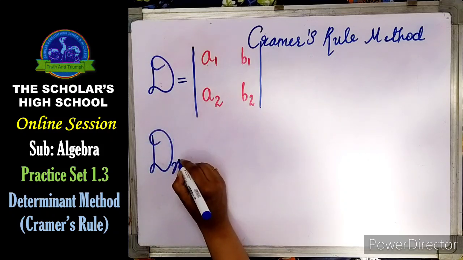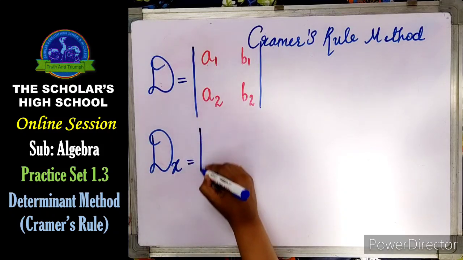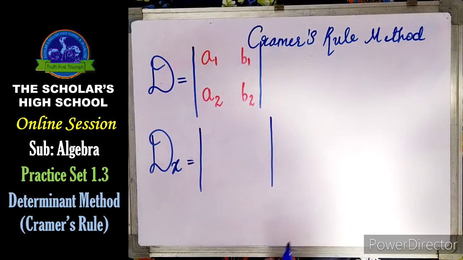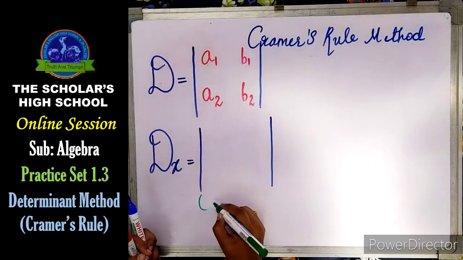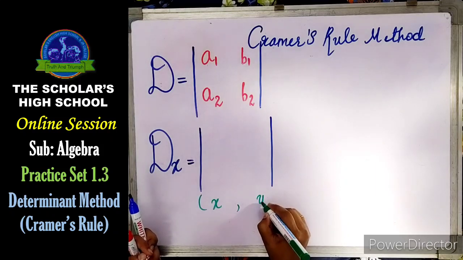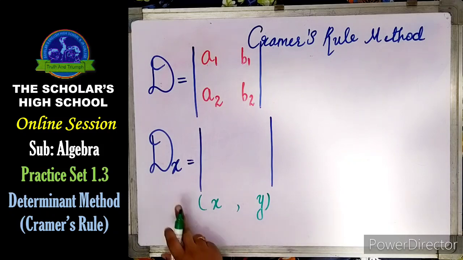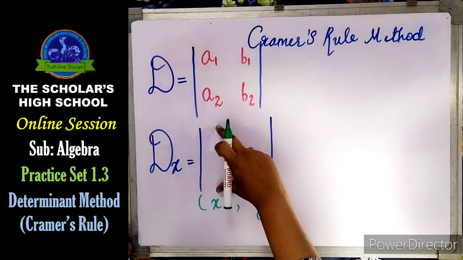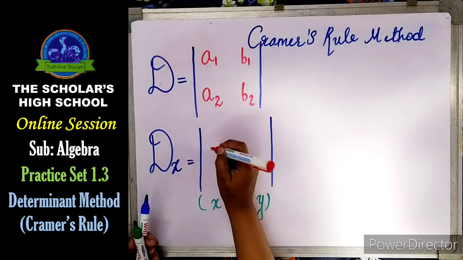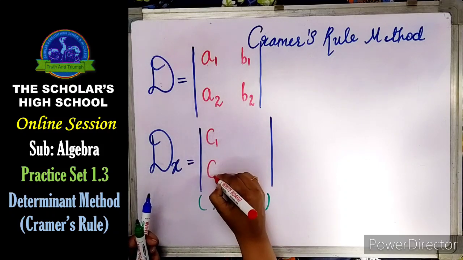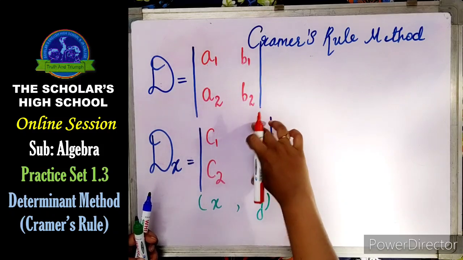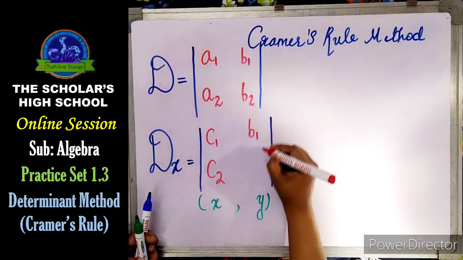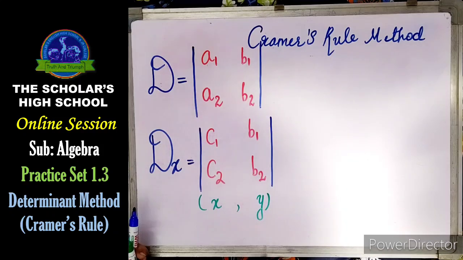So now we are going to make a determinant column for dx. Same way we are going to make it. Now how we are going to write the value? In a coordinate system, this place is for x and here it is for y. As we are finding dx, the place of x here, the column will be of C1, C2. You have to compare determinant column with the basic determinant column, and this place will be as it is same B1, B2. We have compared it with the previous one.